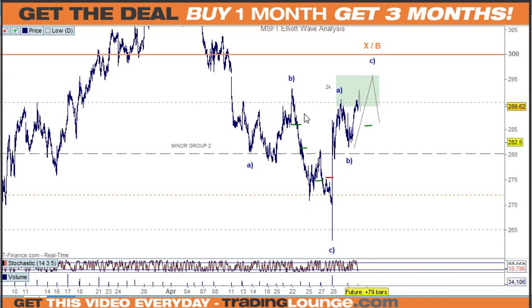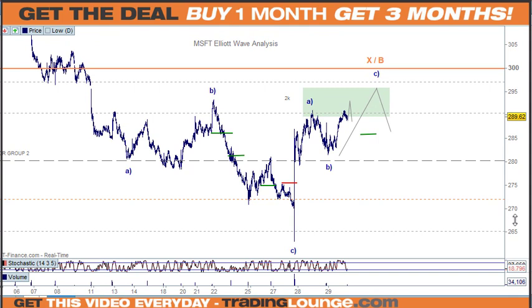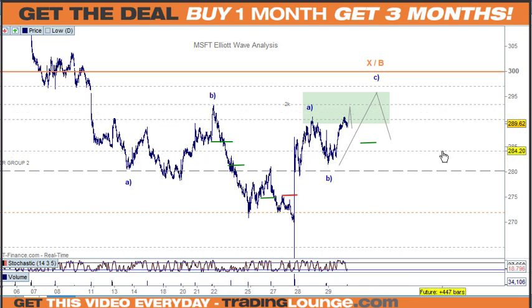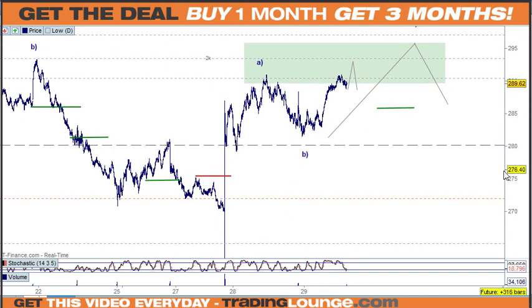Why have I got that there? All right, there's a little gap there. So where's that? That's 296, 297, 290, 297. That would, 297.20 or something would be a nice short if it made it to that point. And then you've also got this number as well, likes to suck it up there, but also got this previous high here as well, so it may just sort of get into that space there and fail as well. There's a few little things that can go on there, but we want to get short, so at this stage,